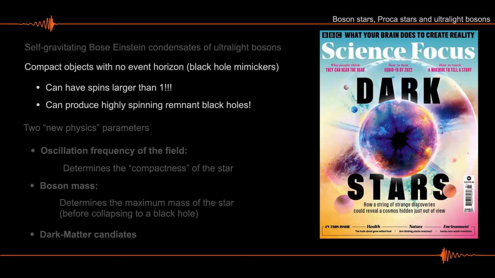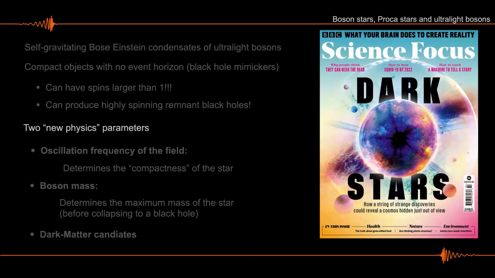Yeah, but then to form a black hole, it should slow down somehow. Yes, you will slow down because at the end of the process you're emitting angular momentum away. And at the end, you form an object that is so dense that it collapses to a black hole. Basically you radiate a lot of your angular momentum in order to be able to produce a black hole. So we can get highly spinning remnant black holes from a head-on collision.